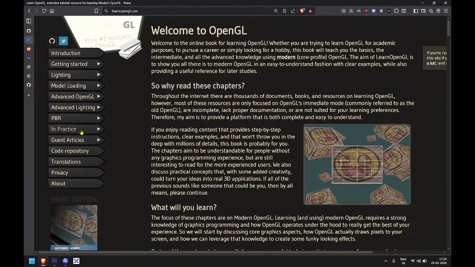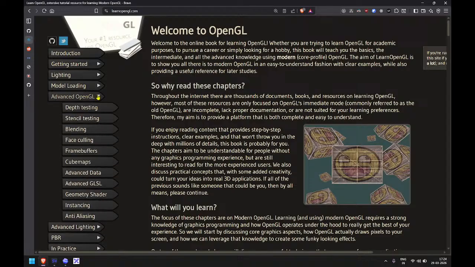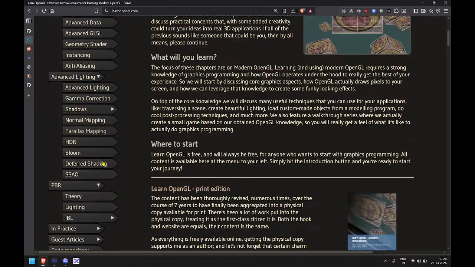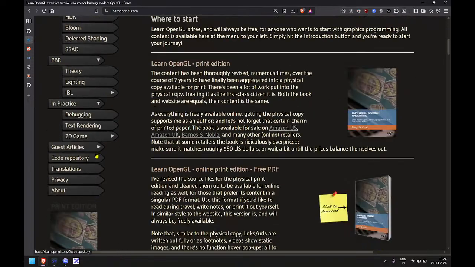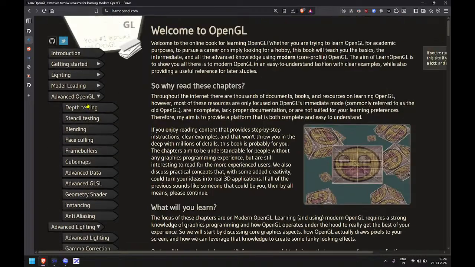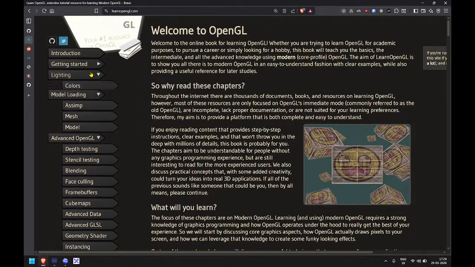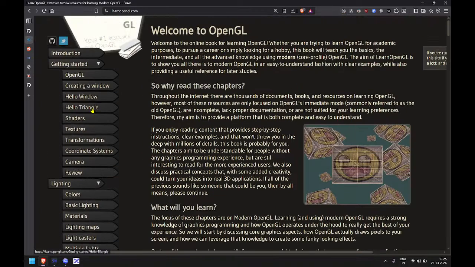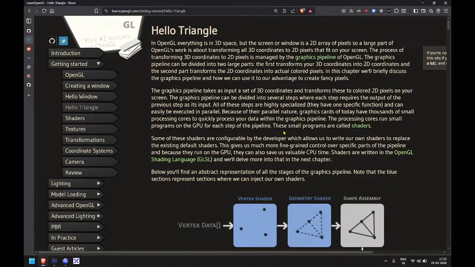Really makes you wonder. In particular, advanced lighting, advanced OpenGL. Oh god, advanced lighting, PBR in particular, guest articles, code repository. This is going to take a lot of time. Raycaster. This is actually going to take a lot of time for me, and I think it is fine if I keep using